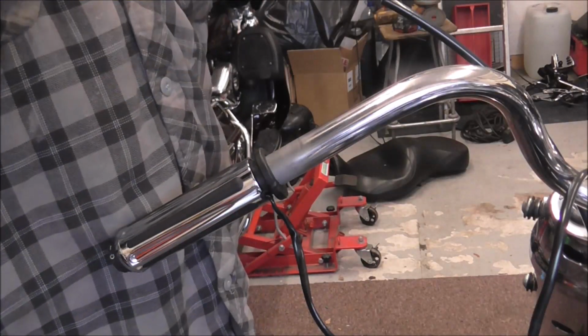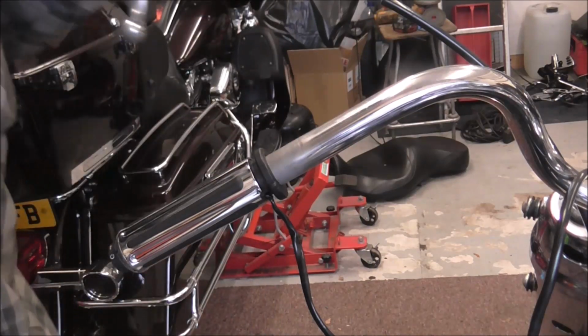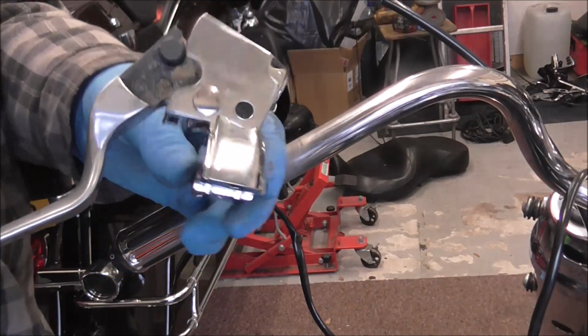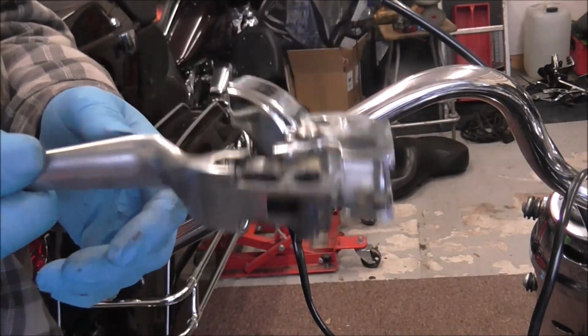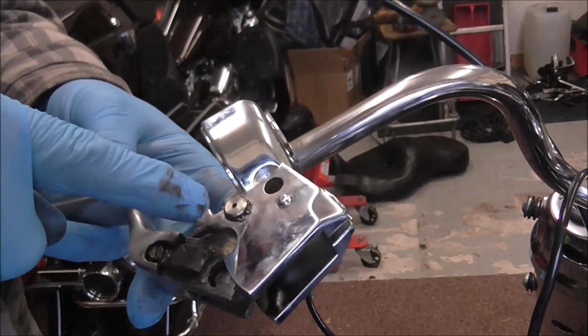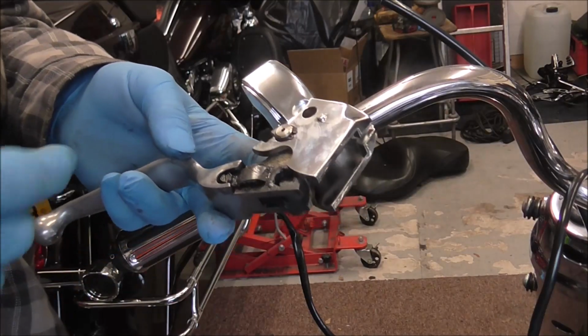As soon as the new switch cover turns up, then basically I'll get it put on. But what I've done is I've put the clutch lever on the new chrome pedestal. Now I never recorded it, I forgot to put the camera on and everything, so basically